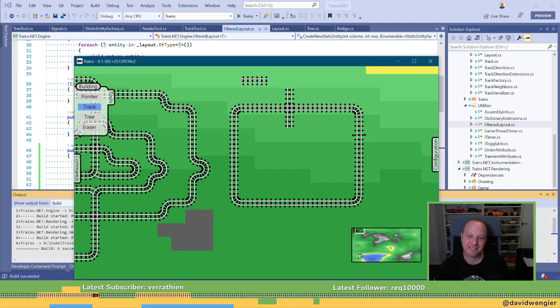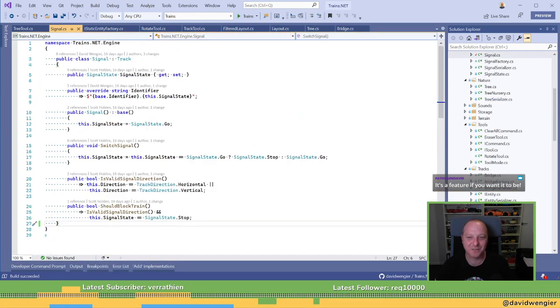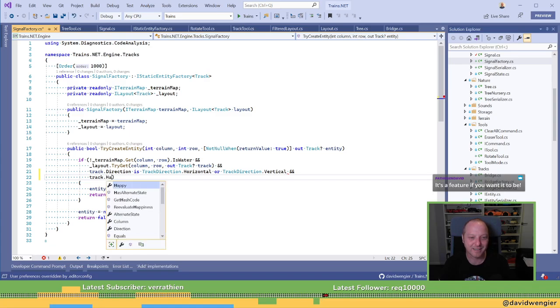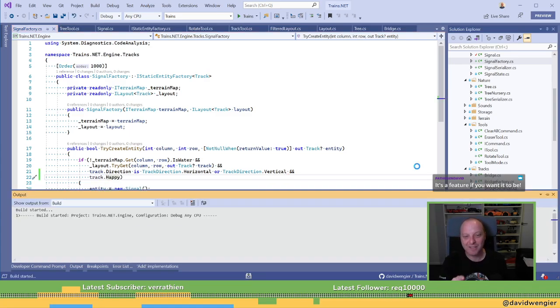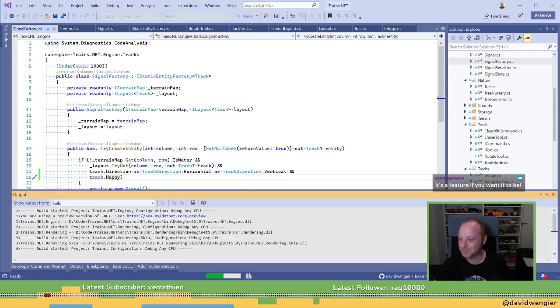So that's... Why did that... Oh, because it's not happy. Maybe it should only be happy tracks that can convert to... Oh, actually, you know what? Yes, and that would neatly solve the problem without me having to fix the drawing code. Okay, and the track direction of that. And the track is happy. Now this won't change to signals as I draw. It still calls the execute method way too much, but it won't change to signals.